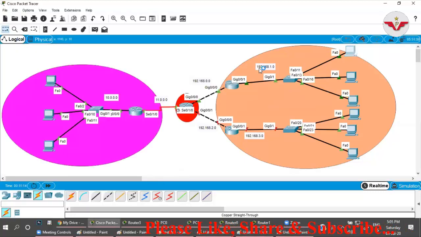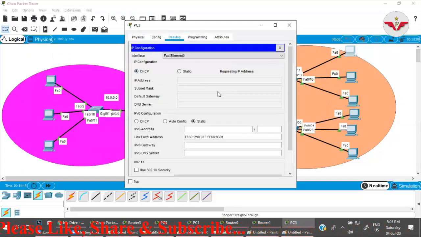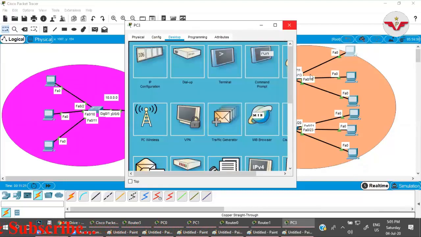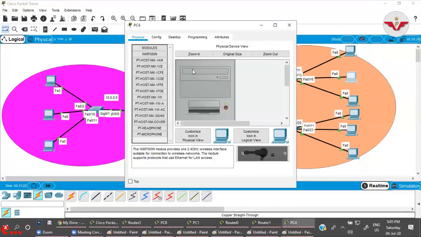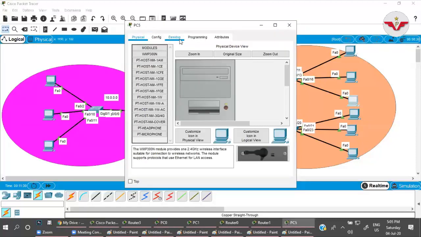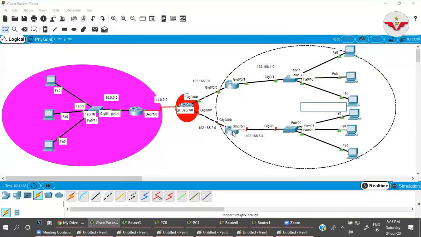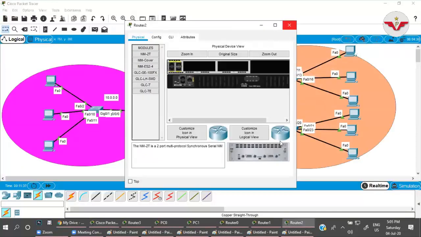Let us check. 1.2, getting IP. 1.3, 1.4. Okay. Now let us come to this router.